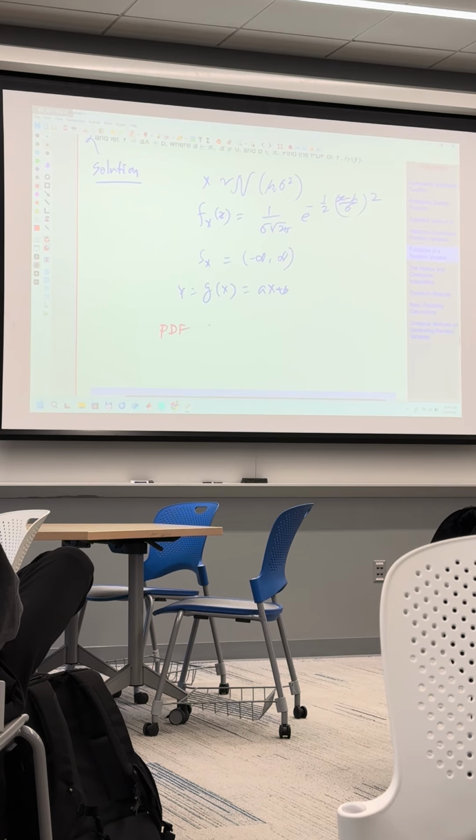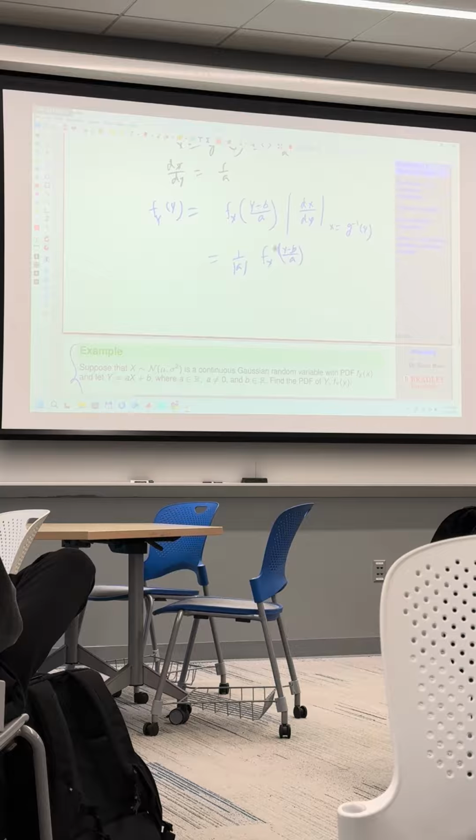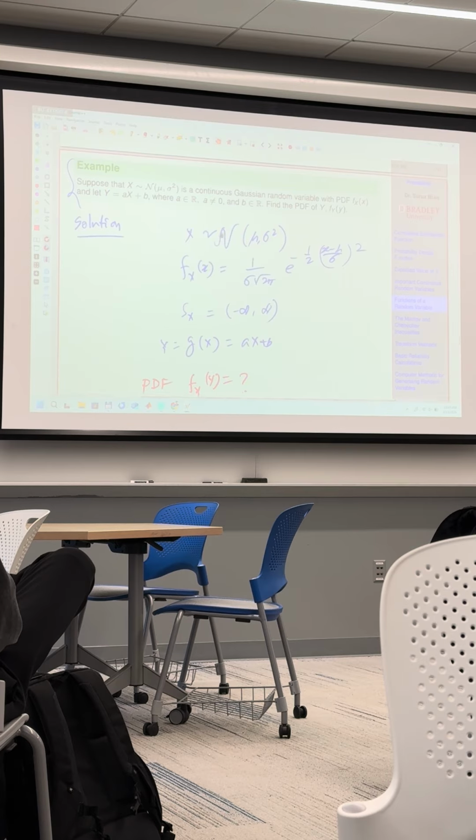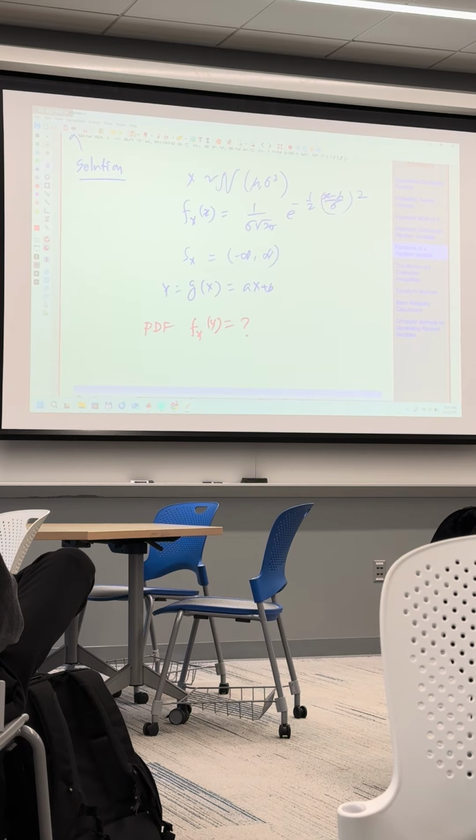PDF f sub y equals 1. So I am going to directly use the previous formula right here to get the PDF. You can follow the previous step; I'm just going to directly write it down. So f sub y